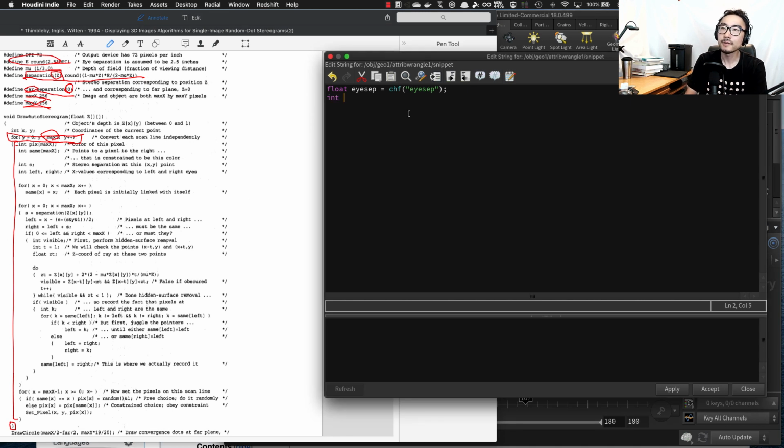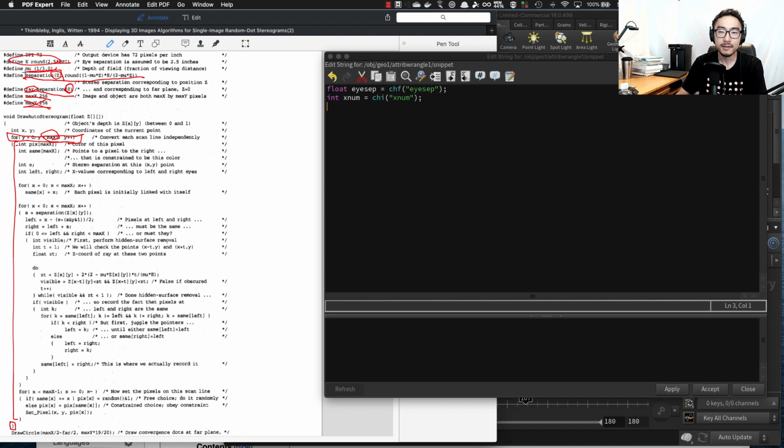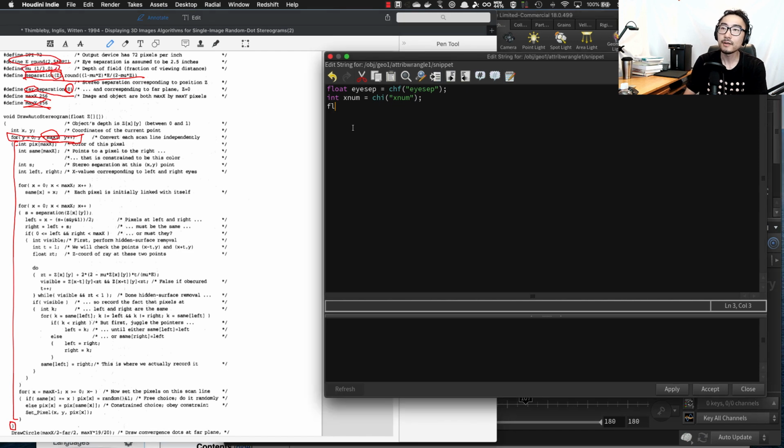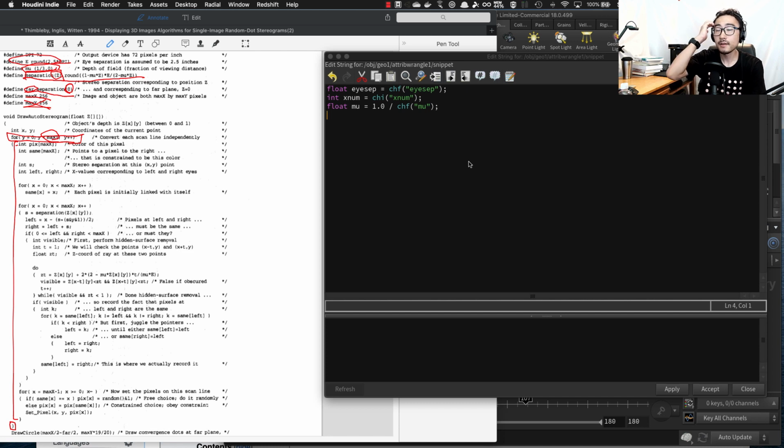So instead of naming it max x, I'm going to name it xnum, which is equal to the xnum in the controller null node. Okay, let's name it xnum, and another parameter I need is this mu value. So let's bring that up. So float mu is equal to 1 divided by mu, which is between 1 and 10 in the controller. Right. Anything else? I think, okay,